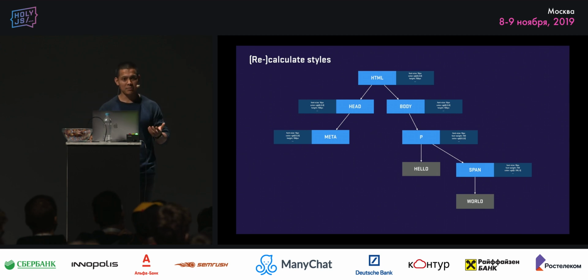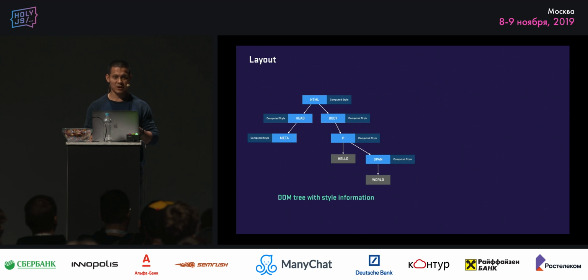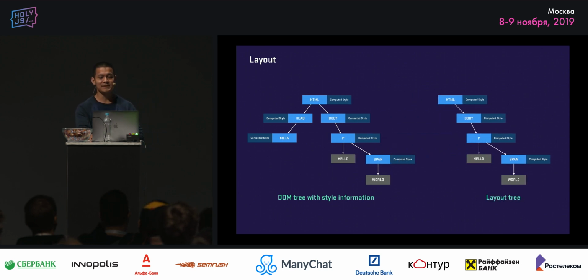The next step in the pipeline is to figure out where they're going to end up relative to one another on the screen, in a process we call layout. In order to do that, Chrome is going to create a separate tree from the DOM tree called the layout tree. And the layout tree only contains the DOM nodes that are going to be visible in the document. Notice how the head tag and the meta tag are no longer present in the layout tree, right? In the same way, if you had display none on some of these elements,